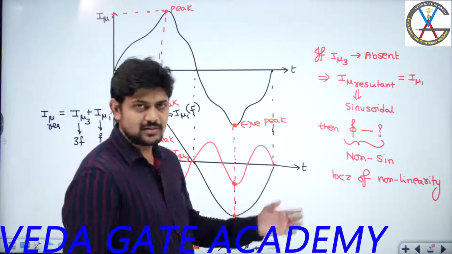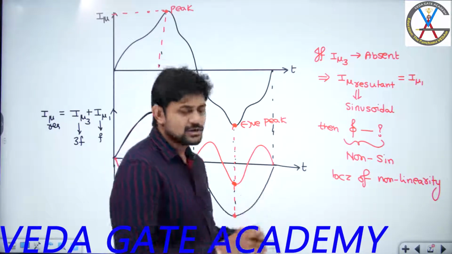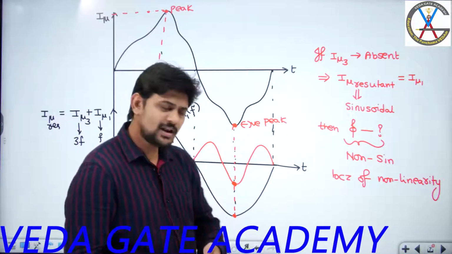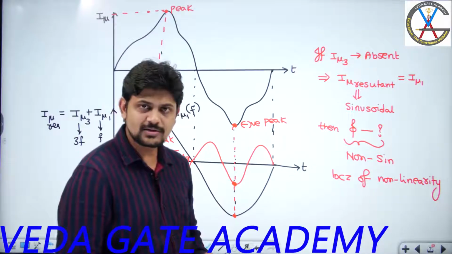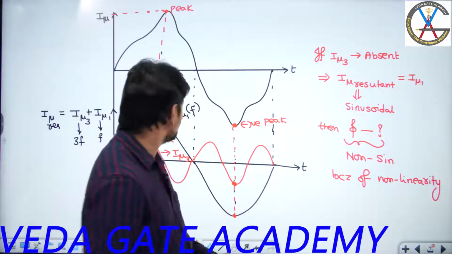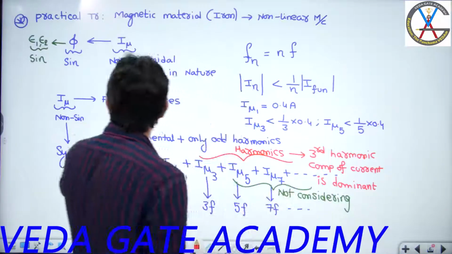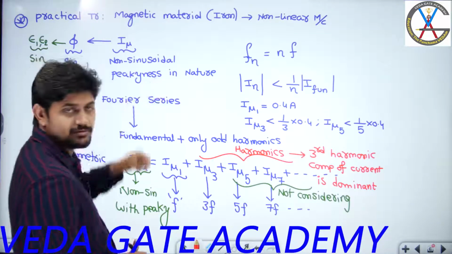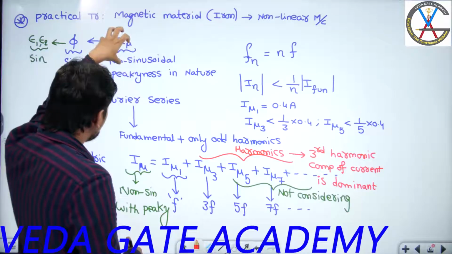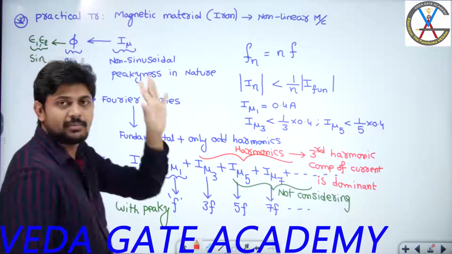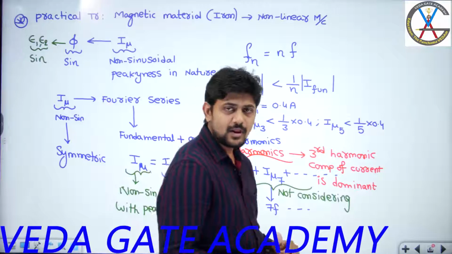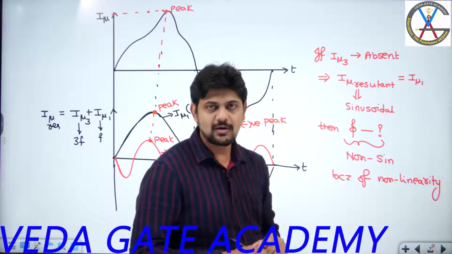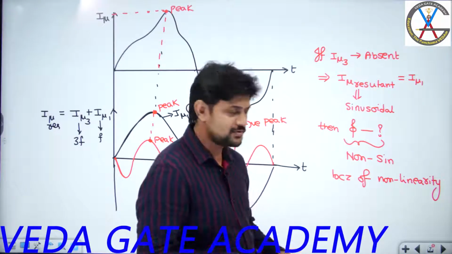Let us try to focus on this particular point. I am saying that it is non-sinusoidal. If it is non-sinusoidal, what is the shape of that flux? Will I get again a peaky waveform of the flux? Previously I told you that in order to get sinusoidal flux, I mu must be a non-sinusoidal peaky waveform. Now, if this I mu is sinusoidal, I am interested to determine the shape of the flux. Because of the non-linearity, flux is non-sinusoidal. We'll see what is the exact shape of this flux waveform.